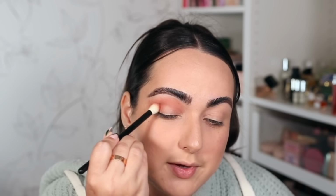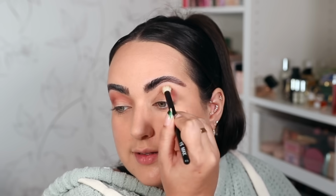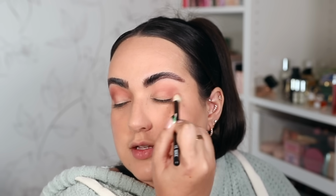Adding a little bit more to my outer corner, right back here. Just like that, a nice smooth transition. I love colors like this one because it's pigmented, but you blend it out into nothing and it's just beautiful. I was thinking about maybe grabbing a darker matte like this one down here, but I think I'm going to leave it at this for now, just that one color, and we'll jump into the Danessa Myricks palette and assess